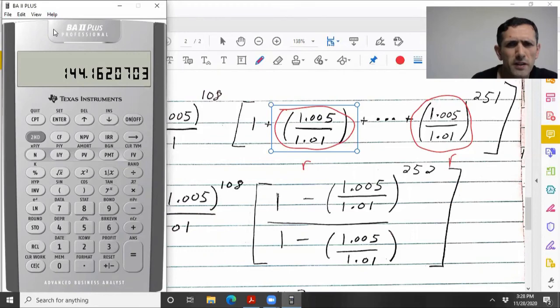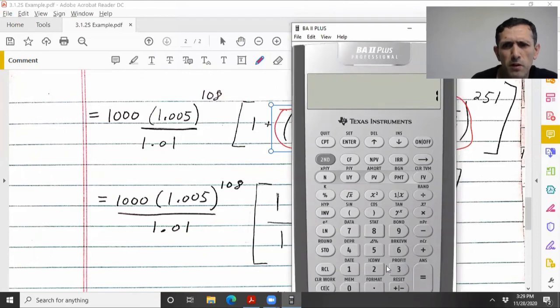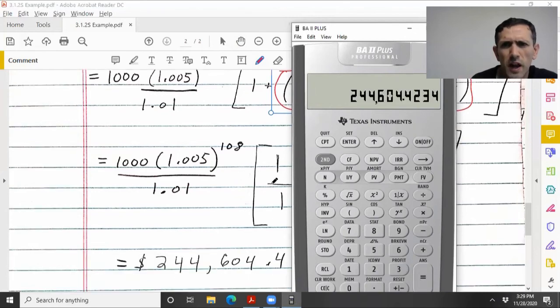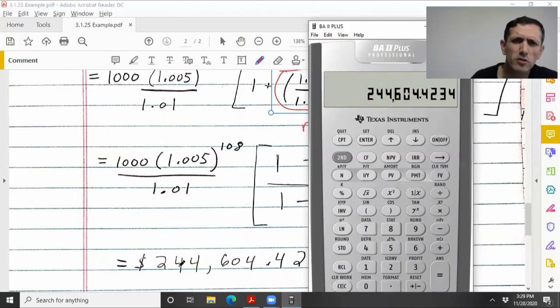144,162.0703. All right, so I would do this step by step. Doesn't matter how we do this. Let's times by 1.005 to the 108 divided by 1.01 times 1,000. And you get your answer. The 4 is hiding there. Or sorry, the 2 is hiding. But you get your answer,